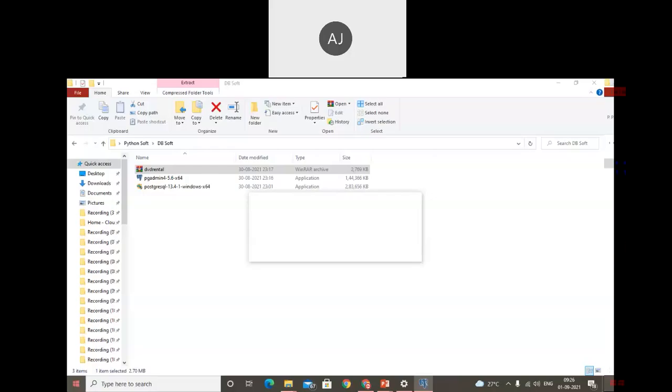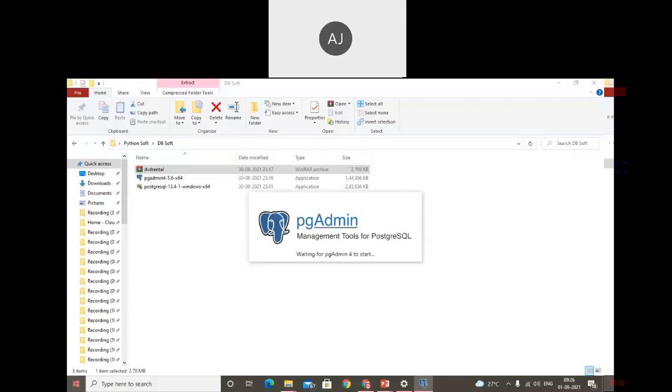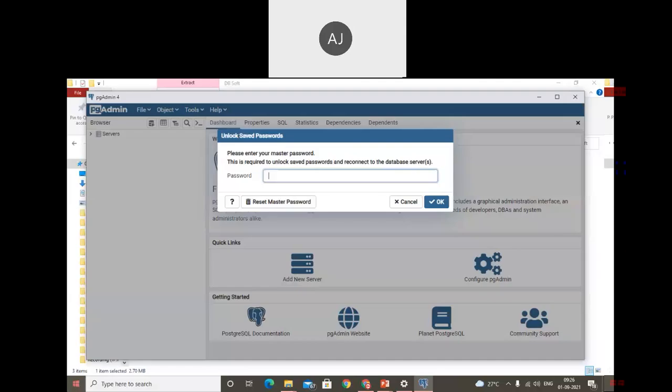pgAdmin. The first time it takes some 2 to 3 minutes. Make a note of that while starting the application for the first time; it takes more time compared to the regular time. Don't worry about that. Otherwise it might seem like it is not starting at all. It takes some time, so wait a few minutes. It will start the background services, and for that it requires more time. Now see, this one is open.